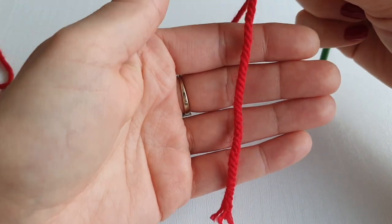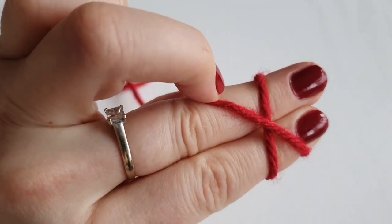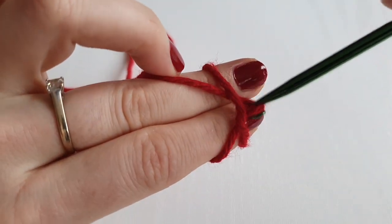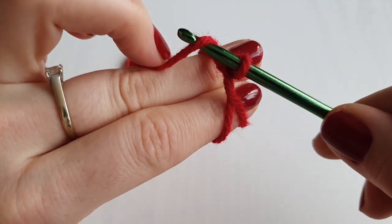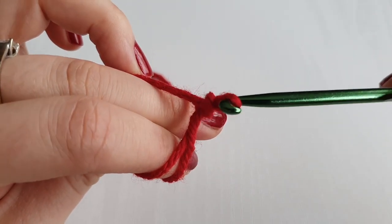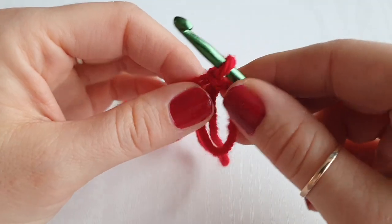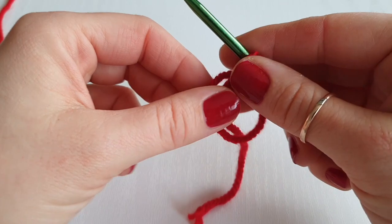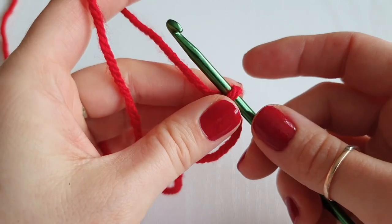Hold your yarn like so, wrap the yarn around your 2 fingers and create a cross. Go under this first one, on top of the second one, pull it down and twist your hook. Return, go under this one here and pull through your loop like so, and your magic ring is ready. So once you have your magic ring ready, we are going to chain one,